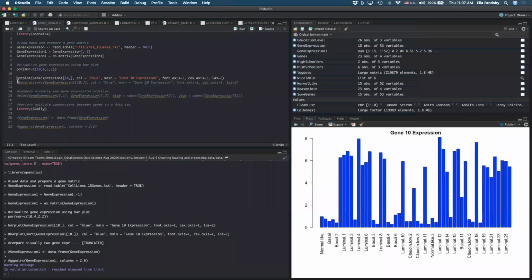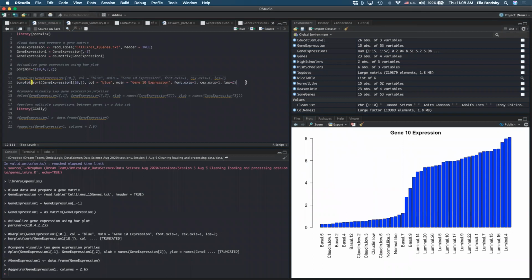To do that, we can use this option to sort. I can sort by descending or ascending, and that will be based on the values. So based on the values that I have in this row, row 10, I will sort the data. Let's try and do this. We don't need the bar plot, so let's just do this. And by the way, for those of you doing this, this would also work on the OmicsLogic code, because we're still working with small data.